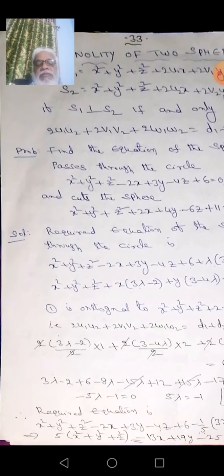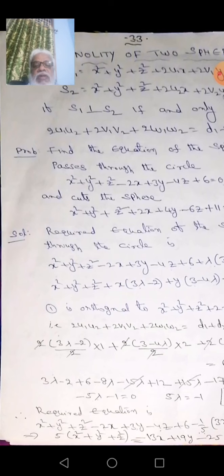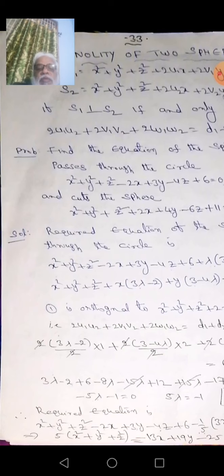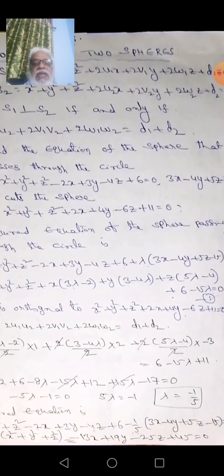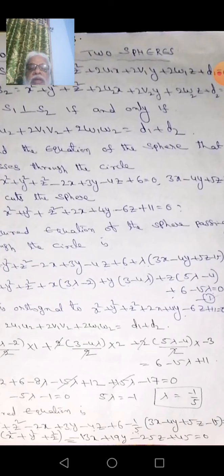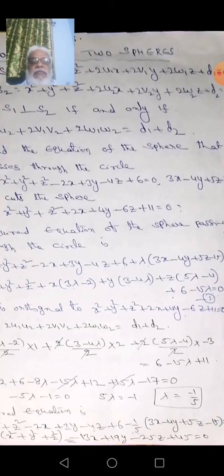You multiply with 5, that is 5 of x square plus y square plus z square, and 5 into minus 2 is minus 10x, here minus 3x, that is minus 13x, and 5 into 3 is 15y, minus into minus plus 4y, 15y plus 4y is 19y, and 5 into minus 4 is minus 20z plus 15z, that is minus